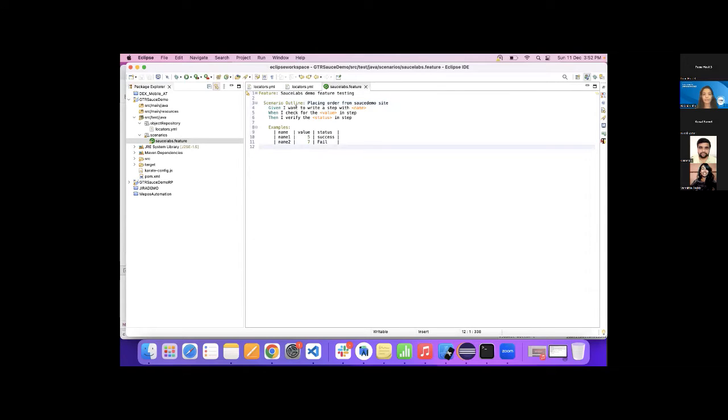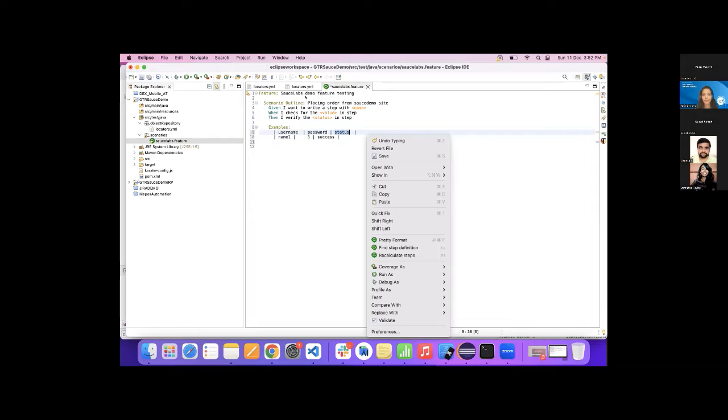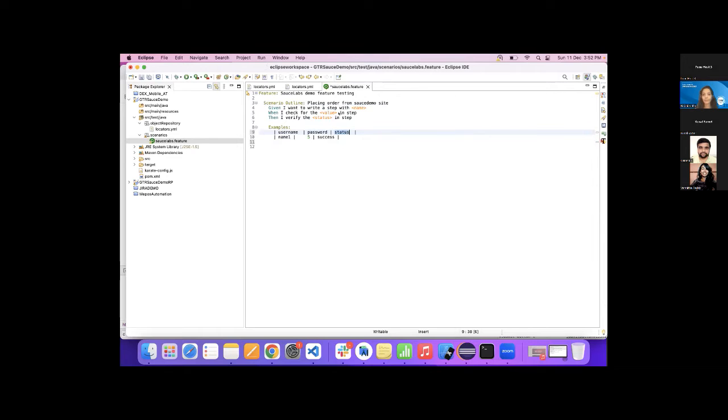So we would be recording the username, the password, and let's see what else would be required in the script. We will get rid of this as well.